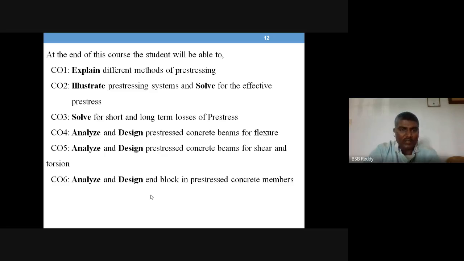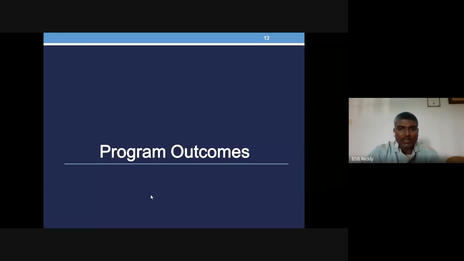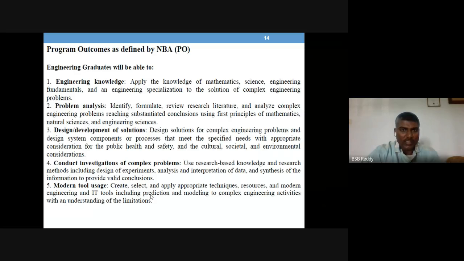So CO1, what the student will be able to do after undergoing this course. CO1, CO2, 3, 4, 5, 6 are written, and program outcomes are given by NBA, the National Board of Accreditation,